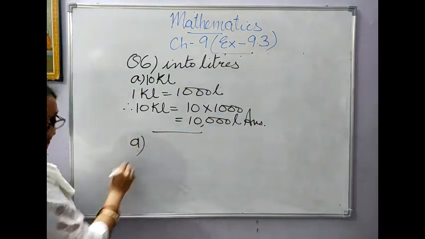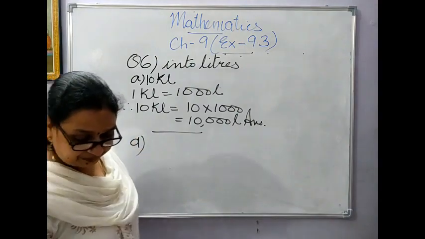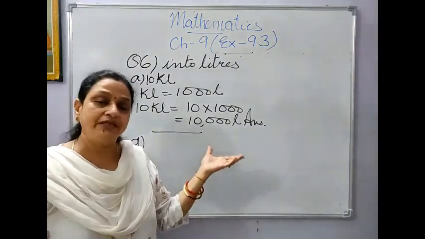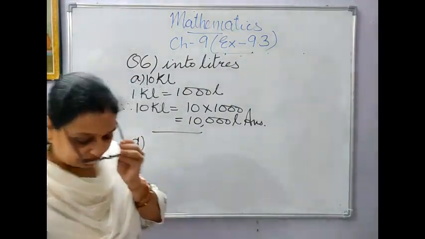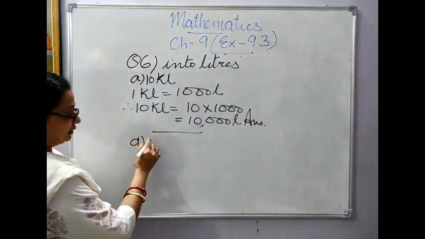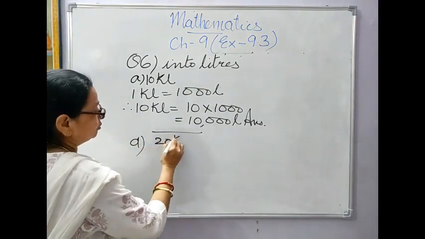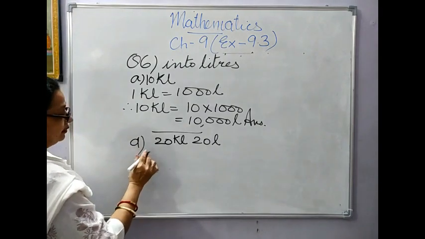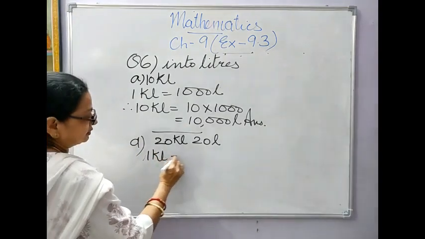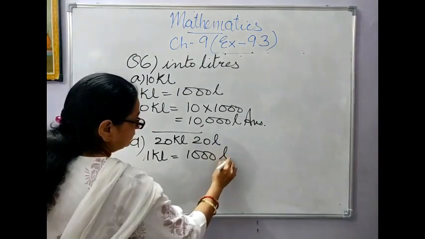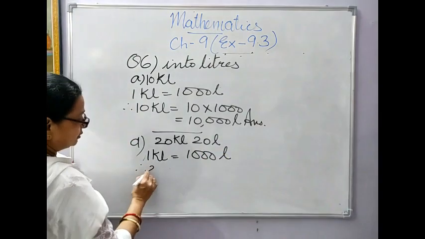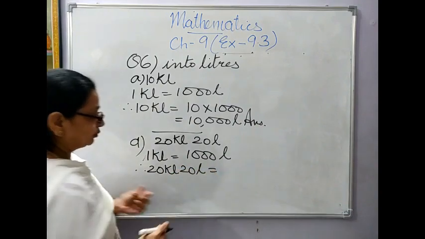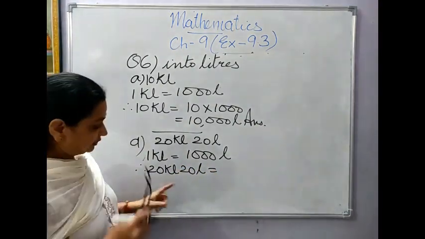Okay, then sum number D. Now sum number B is similar to this. You have to multiply this 15 by 1000 and you will get the answer. So I'll be showing D, 20 kiloliters, 20 liters. You know that 1 kiloliter is equals to 1000 liter. Therefore, 20 kiloliters, 20 liter will be equal to, this is already in liter, that means we have to convert